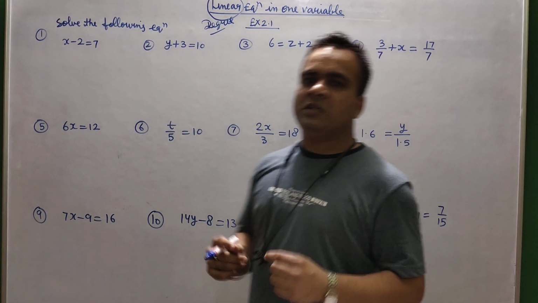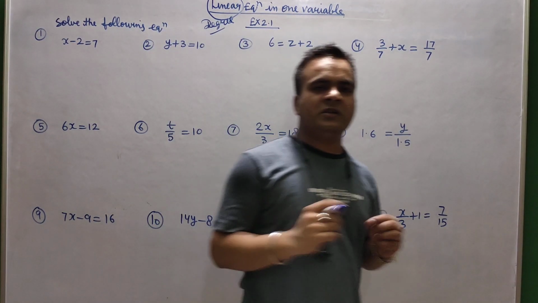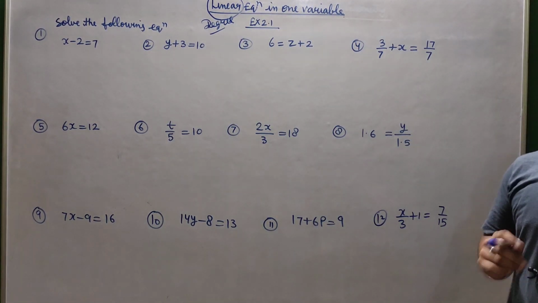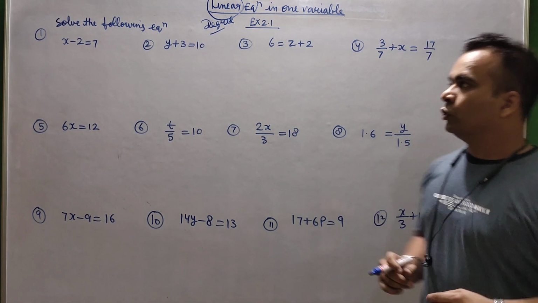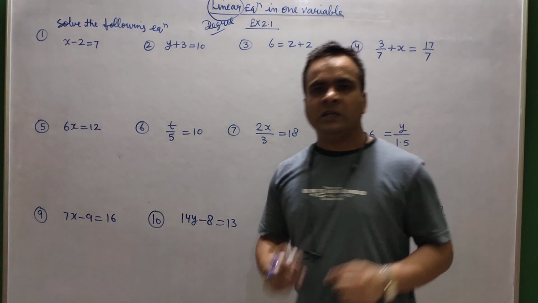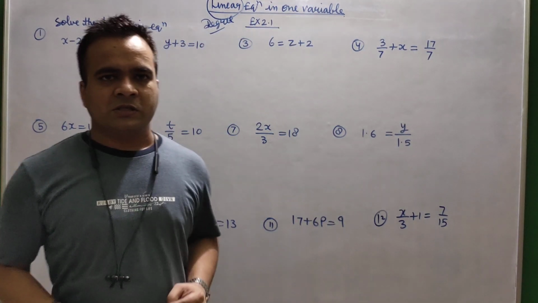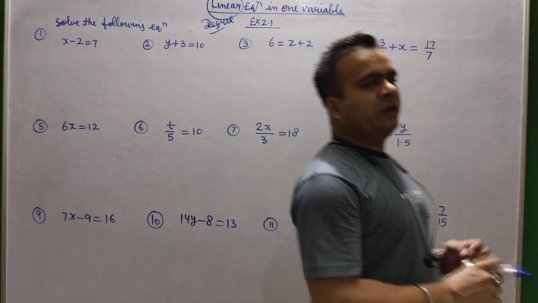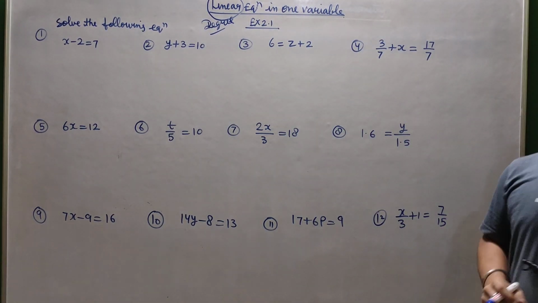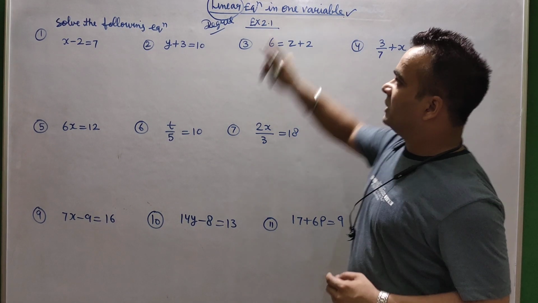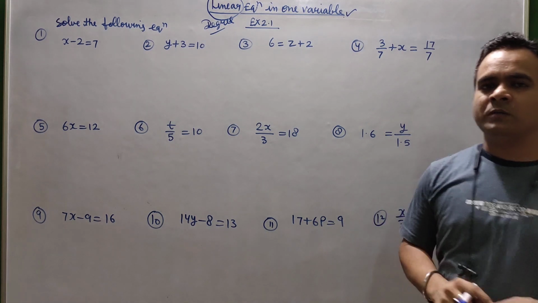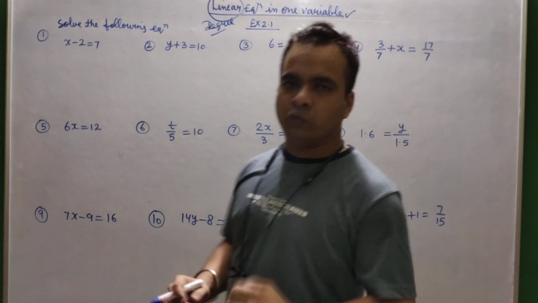So we will check each term and the highest power of each term, and accordingly we decide the degree of that expression. In this chapter we will discuss only those equations in which the power of the variable in each term is at most 1. So a linear equation in one variable means there will be only one type of variable, which we can use one time in an equation.